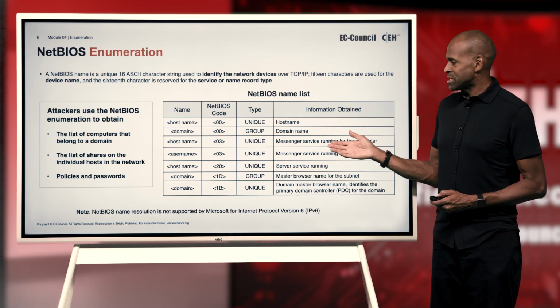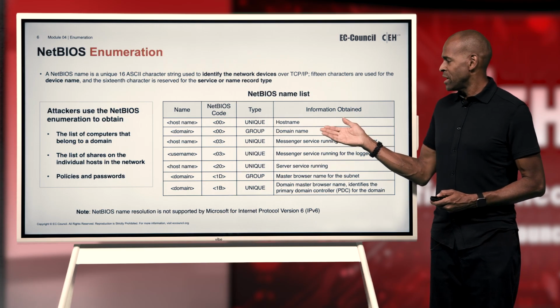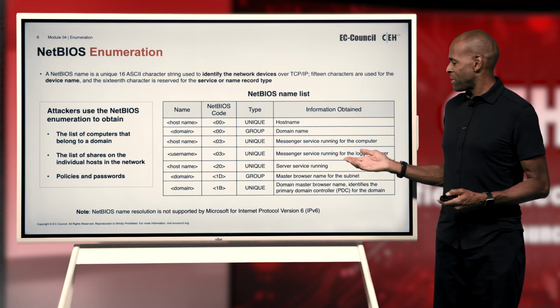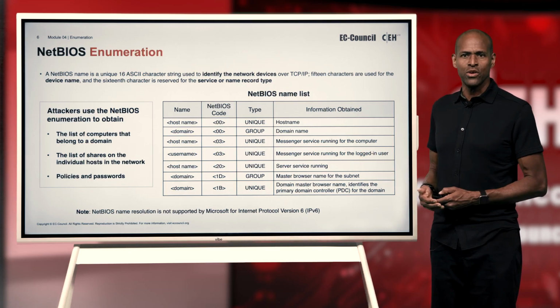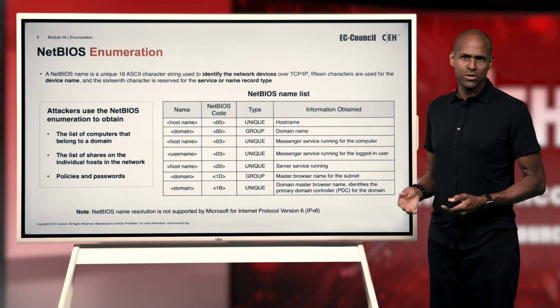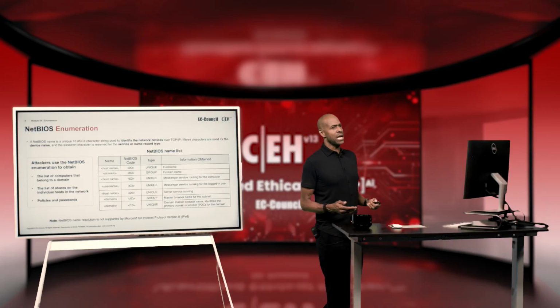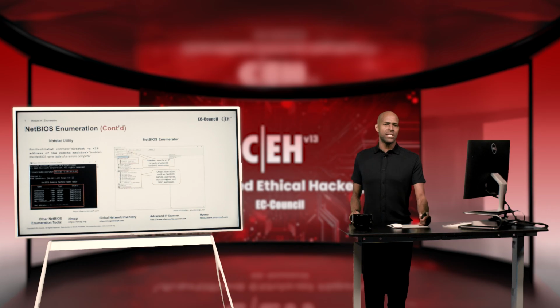And so, for instance, if you get a 00, it's a domain name. You get a 03, it might be that the message service is running for a logged on user. So you have various codes that you want to look out for with NetBIOS. All right, so when we're talking about NetBIOS, one of the commands that I mentioned just a few moments ago